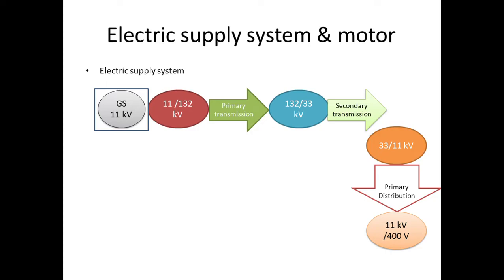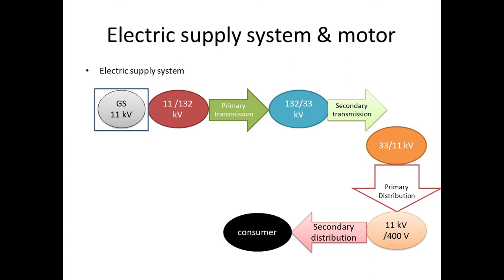Then secondary distribution of electricity takes place, in which electricity is supplied from the poles which are placed parallel to the road to the home or to the consumer. So the electricity supply system is completed. We are studying this electricity supply system because we can find where the losses are, so that we can conserve energy. Basically our focus is on conserving energy in the electricity supply system.